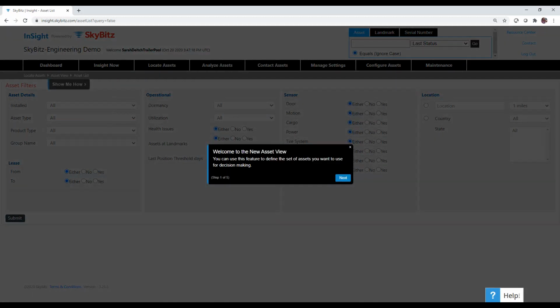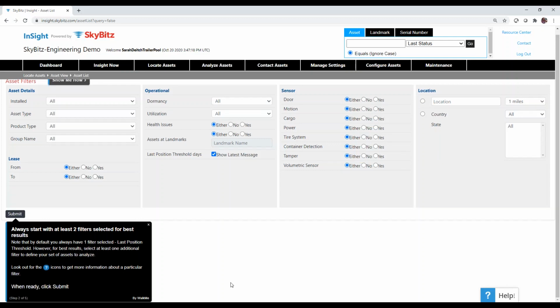And anytime you see this, it'll welcome you to the section. It'll tell you how many steps are available to you in this tutorial. It's a tutorial that you can set your own pace on. Once you read it, you hit next, or it'll ask you to do something. So when you're ready, you would click submit. And it tells you, just like I always do, to look out for any question marks,